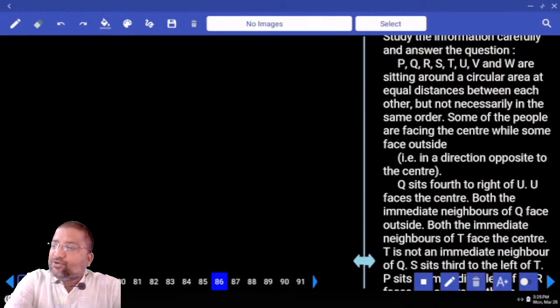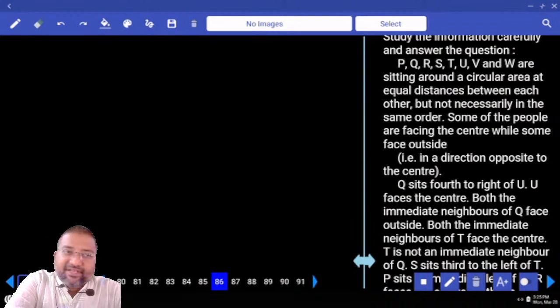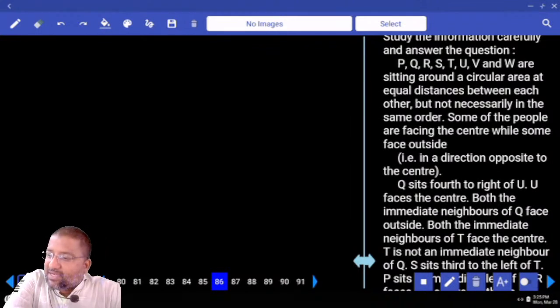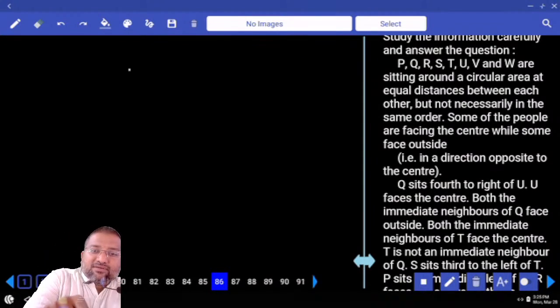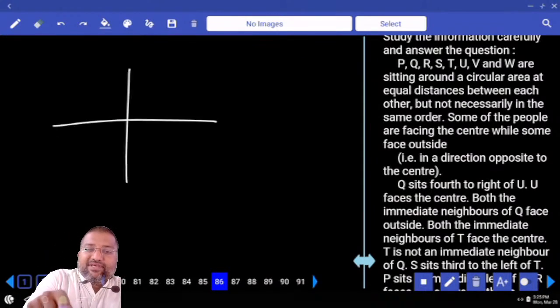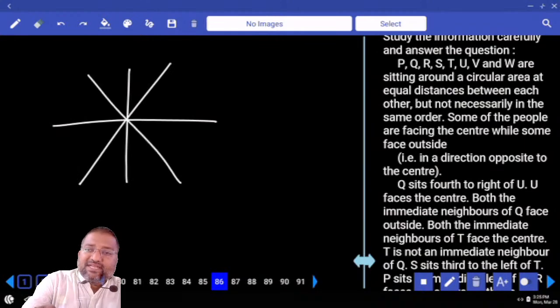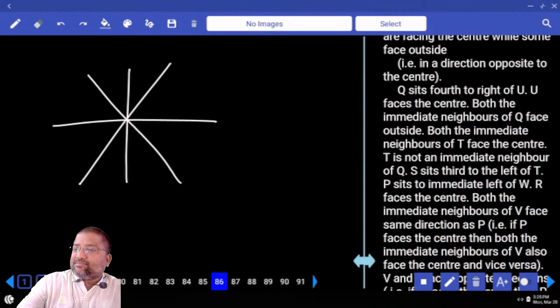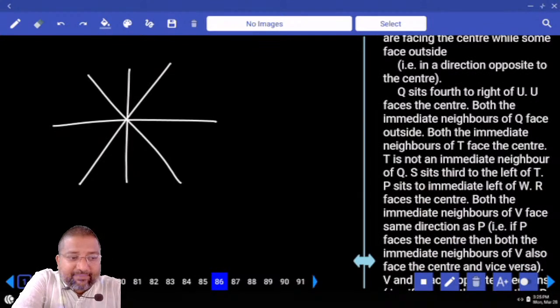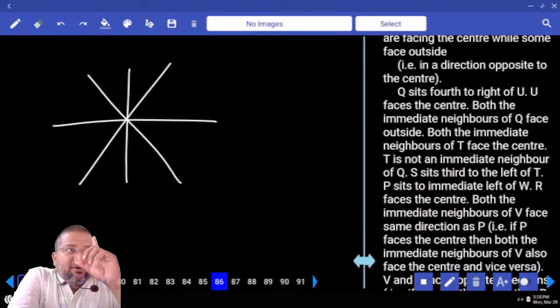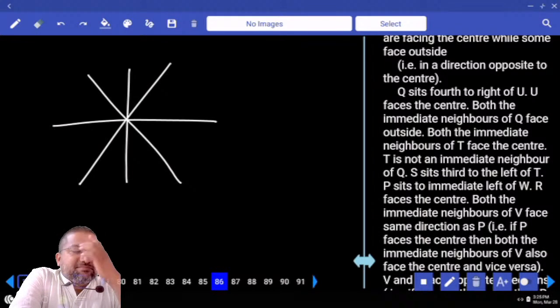P, Q, R, S, T, U, V, W are sitting in a circular area at equal distance between each other, but not necessarily in the same order. Some of the people are facing the center while some facing outside. కొంతమంది ఇన్సైడ్, కొంతమంది అవుట్సైడ్. టోటల్ ఎంతమంది అని చెప్పారు మనకి? 8. క్యూస్ అమ్మా చూడండి, whenever you come across this type of question, 100% guarantee you'll find one clue where they'll